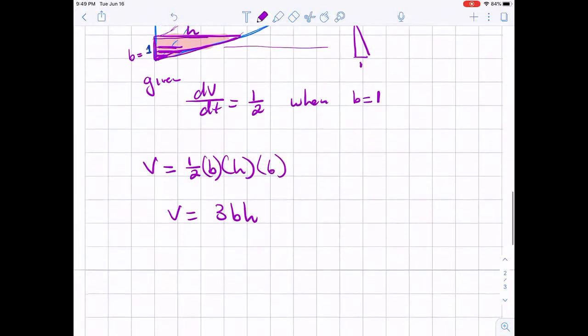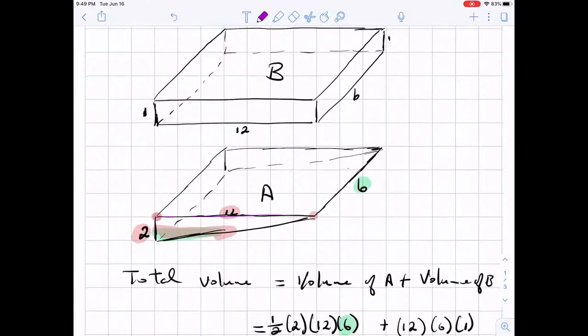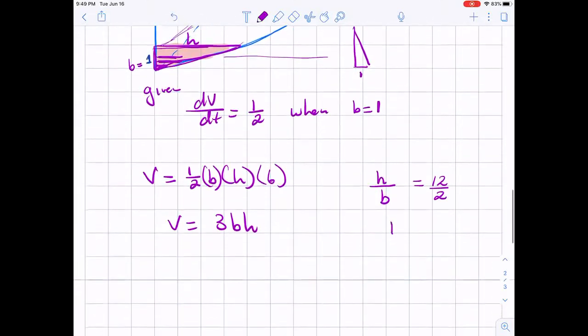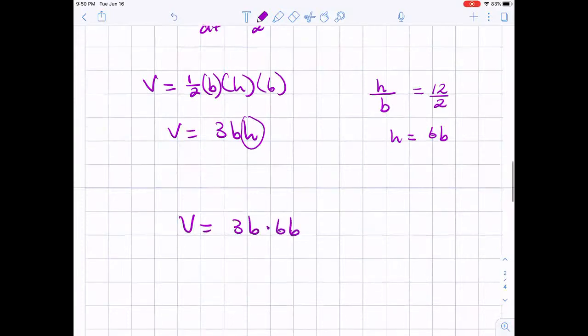Now, this is not going to be very easy to take the derivative of because we have 2 unknowns. So it's better if we could write this with 1 letter. And we could, because if you remember from similar triangles from intermediate algebra, the height is in proportion to the base. And for this triangle, the height is 12 and the base is 2, which we drew up here. Okay, the height is 12, the base is 2. So we can solve here for h. h is going to be 6b. So I can replace h here with 6b. So V is equal to 3b times 6b, which is equal to